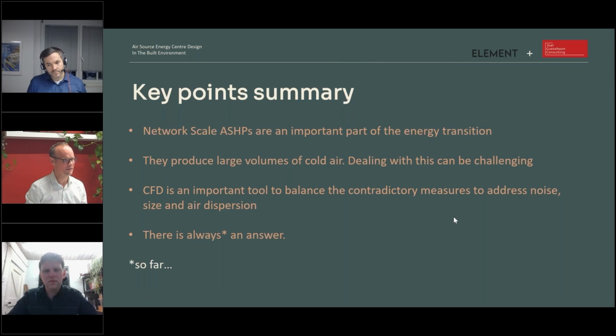So I think, look, we get projects where some people, particularly the funding situation is really important, and therefore the efficiency, the COP, because it is marginal. A 0.1 difference in a COP can be the difference between the project making financial sense or not. People take a risk-based approach financially, so that can be make or break for a project. If you're the neighbour, and we have had this on a project through the planning process where a neighbour flagged the potential risk of cold air to them, and that became a planning issue. So that was about pedestrian comfort, and it became almost a bit of a make or break.